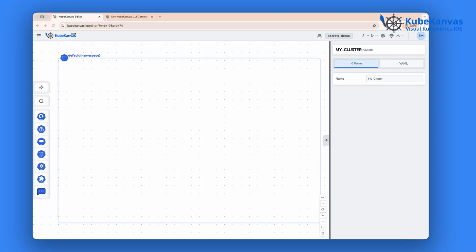We all know that base64 encoding is not encryption. It is just obfuscation that anyone with a terminal can crack in 3 seconds. But usually fixing it means setting up an expensive vault or complex cloud plugins that take days to configure. In this video, I'm going to show you how to encrypt your Kubernetes secrets using KubeCanvas directly in your browser